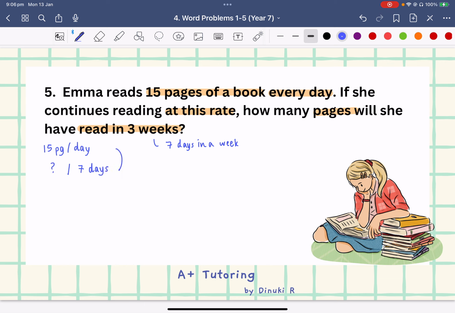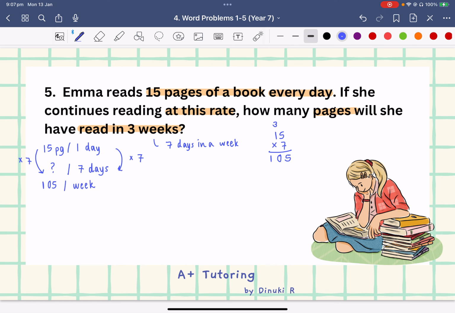So, to go from 1 day to 7 days, we're multiplying by 7. We need to match that rate, right? So to balance that out, we need to multiply this side by 7 as well. So on the side, you can go 15 times 7. 7 times 5 is 35. 7 times 1 is 7, plus 3 is 10. It's 105. So from that, we know that Emma reads 105 pages in 7 days